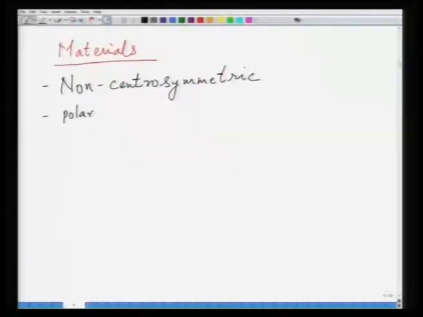And of course you can have polar and non-polar materials within this class. Now, whether it is polar or non-polar will determine whether it is pyroelectric or ferroelectric, but it does not concern the material being piezoelectric. As long as it is non-centrosymmetric, it is piezoelectric. And so, the crystal classes which show this kind of effect are